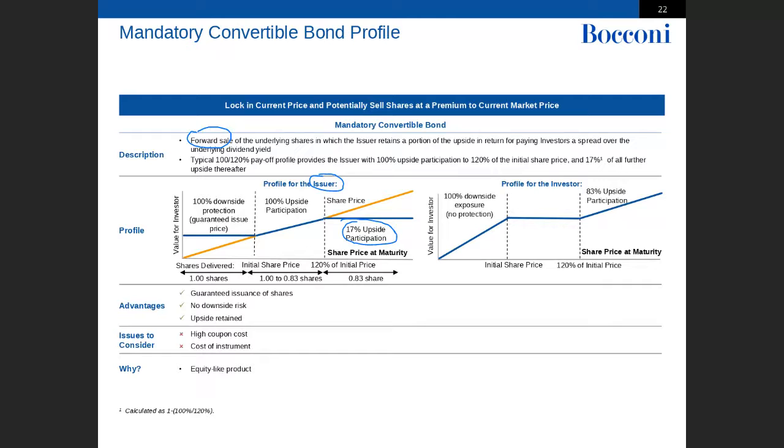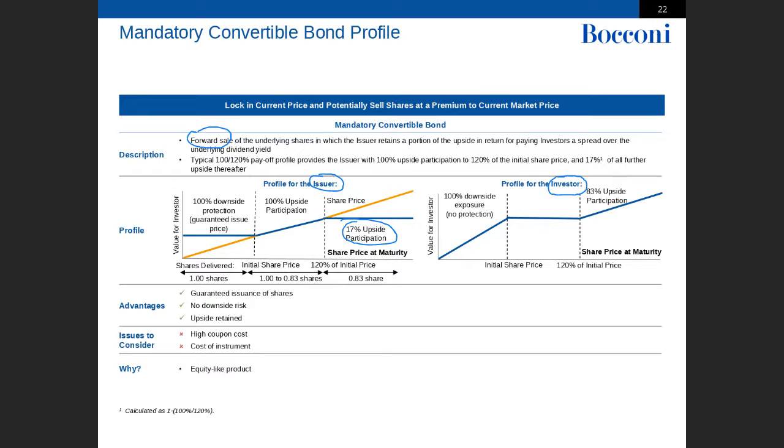The opposite provision is to the investors, because the investors, no matter what is the market, will take the shares. So basically he is exposed to the share price performance up to a level. Then he gets full upside, and then he has only 83% of the upside afterwards. While here, it's flat because at the end of the day, there is a collar here, as you can see. And here is market related, and then you have a partial upside, 83%.